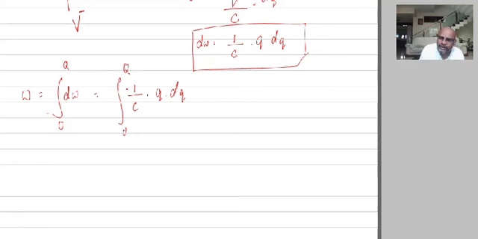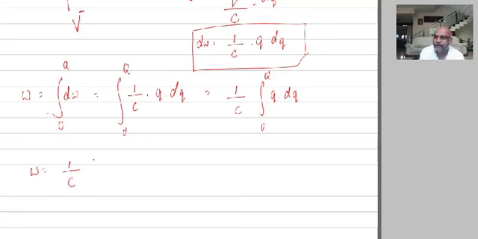Similarly, capacity of a capacitor, if it is 10 microfarads, forever it is 10 microfarads, irrespective of the charge in it, irrespective of the potential in it, because capacity is a constant. So 1 by C, I should remove it out. That is now equal to 1 divided by C, integration 0 to Q, Q dQ. What is integration of x dx? x square by 2.